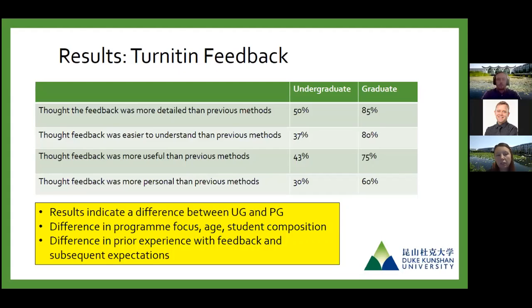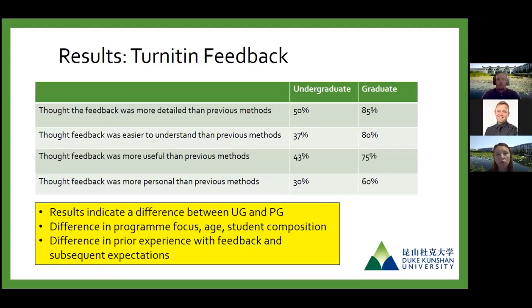The results indicate this difference, and we can infer why this difference might have arisen. It could be for a number of reasons, including potentially the age of the students and their prior experience with education. Certainly the majority of undergraduate first-year students have come straight through education systems, and even those who went to international schools, as opposed to standard mainstream Chinese high schools, still potentially weren't made aware very much of referencing citation styles, if at all, or the use of Turnitin in any way, whereas grad students may have had exposure before, possibly.